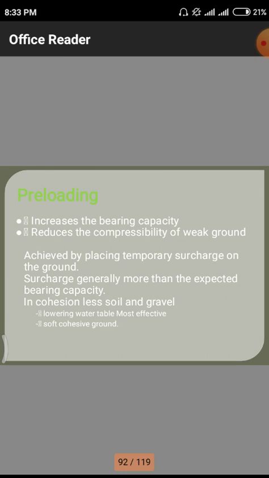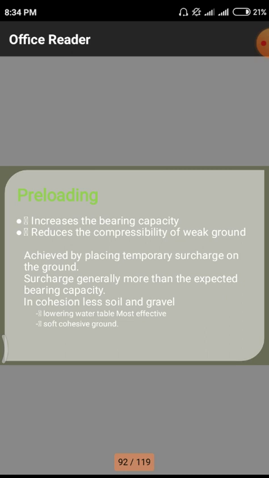That means a particular soil has some amount of bearing capacity. We are increasing the bearing capacity of a soil by using this surcharge principle. Normally the surcharge principle means heavy loads are placed on particular soils, so that automatically densification is done due to these loads. This kind of principle is also known as surcharging. That means we are simply charging a particular soil by placing a huge amount of load, so that there may be settlement and bonding occurring between the particles.